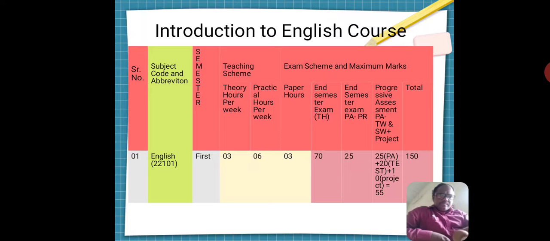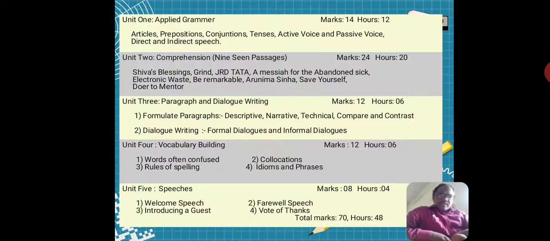Let's have a look at what the contents of this subject are. Our subject is divided into 5 units. We have to complete all these units in 48 hours, and all these units together carry 70 marks.